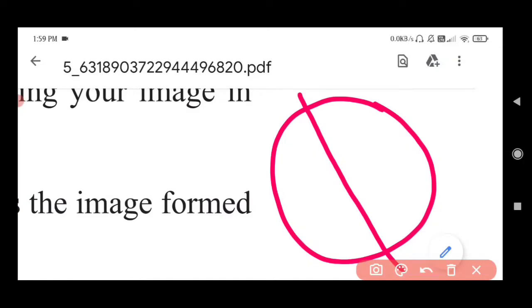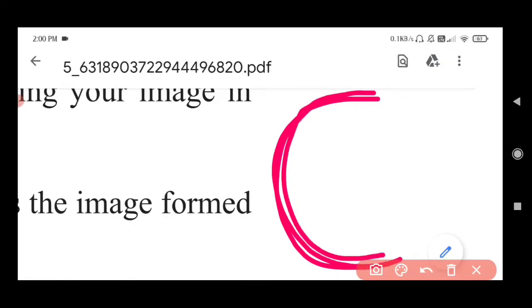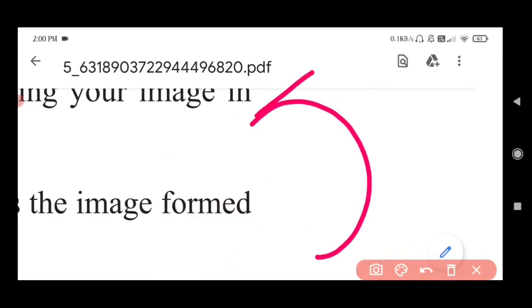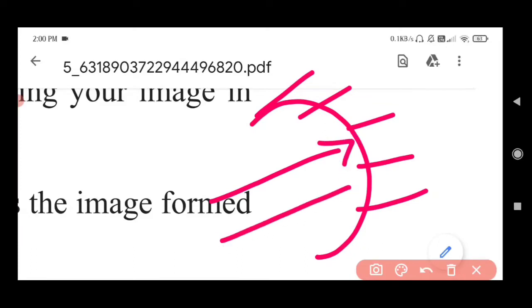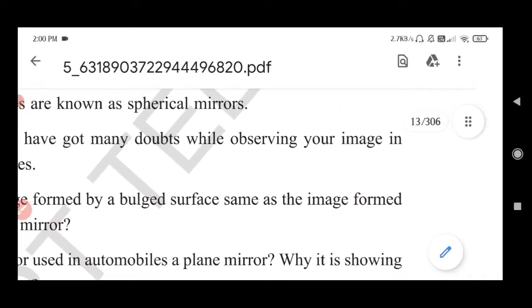Okay, and the outside part, now that I have cut the ball, you can see this part. If you see your image this side, if you can get reflection at this side, light rays are falling at this side, your image is forming, you can see your face, means this is a reflecting surface, so you can say this is the convex mirror. And the part where, if you are seeing your image and the light rays are going here, then you can say this is the concave part. So if you're not understanding, don't worry, we will see this in detail. I was just giving you some idea.